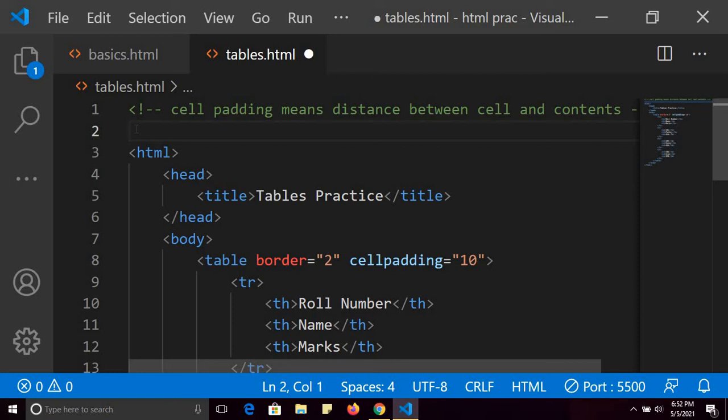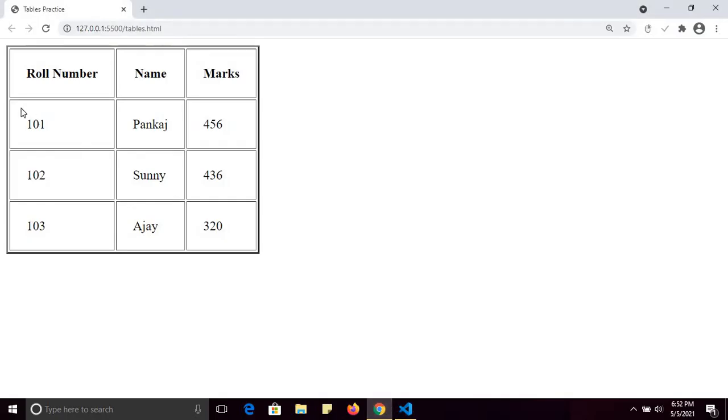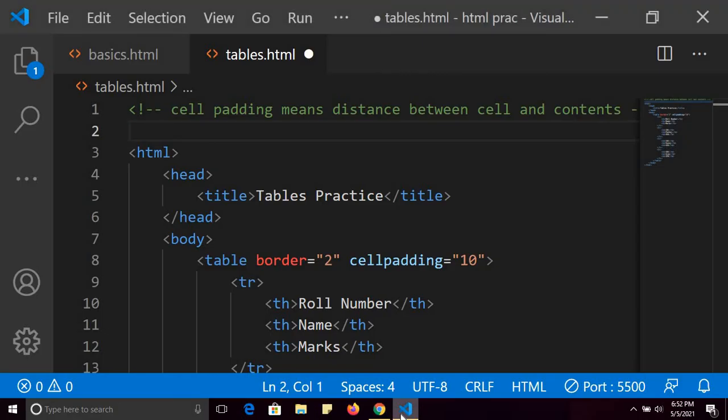And cell spacing means space between table cells. So this is one cell here, this whole, and this is another cell.